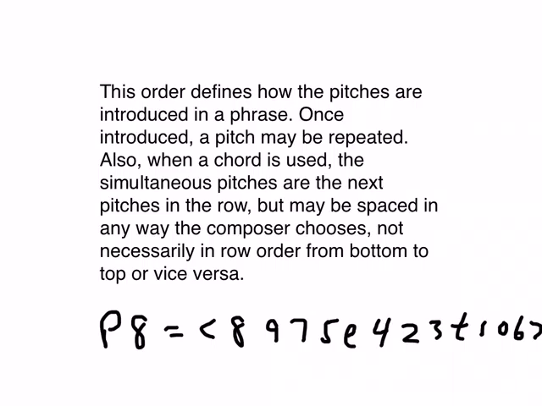But what this means is that I'm going to hear the G sharp when I use this row before I hear the A, and then the G. I can repeat things like this,